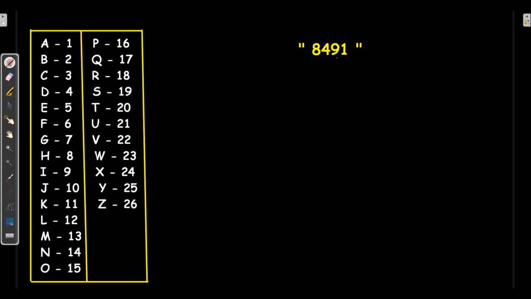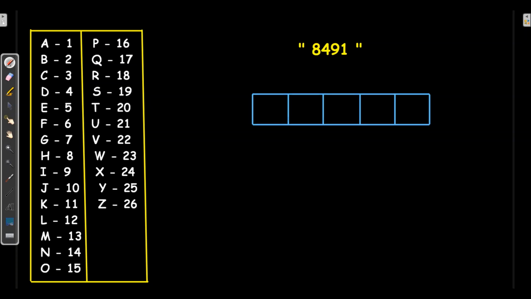Here I have 8491. First, I'll make a resulting array. Then I will fill the 0th index and first index with 1. Now I will start with the first index of our input array. First is 4. Is 4 lying between 1 and 9?